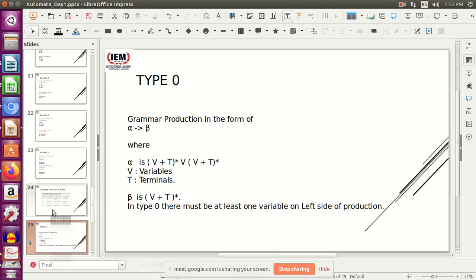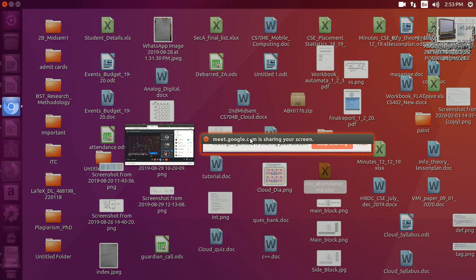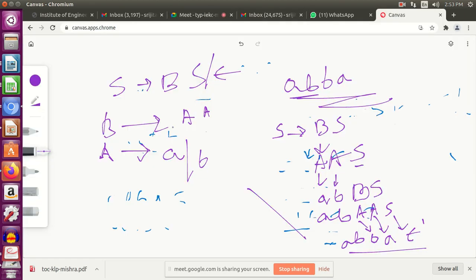So starting with type 0 or unrestricted grammar, suppose your production rule is of the form alpha tends to beta. This is just the form. If I write S tends to BS, I say this S is alpha and this entire part is beta.